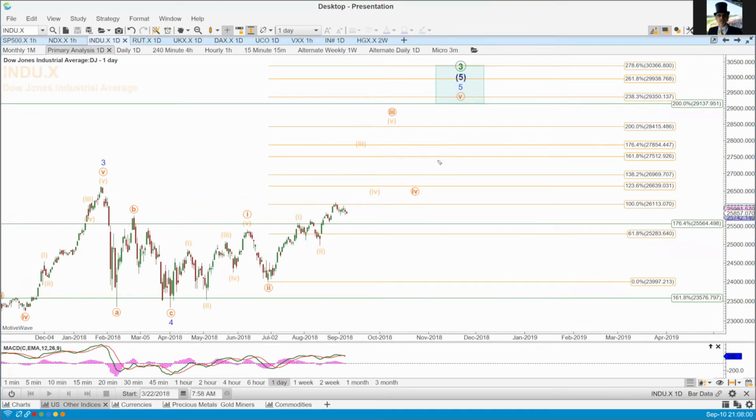Now, coming over and looking at the Dow Jones, same thing, leading diagonal up for the 1. This is the daily chart, 2 back, 1 ABC for this 2. And then I think we've got a 1, 2, 1, 2, and looking for this again to push up. As you know, the Dow Jones was much, much stronger or more robust, if you like, during the most recent pullback. And if I come down to the hourly chart,